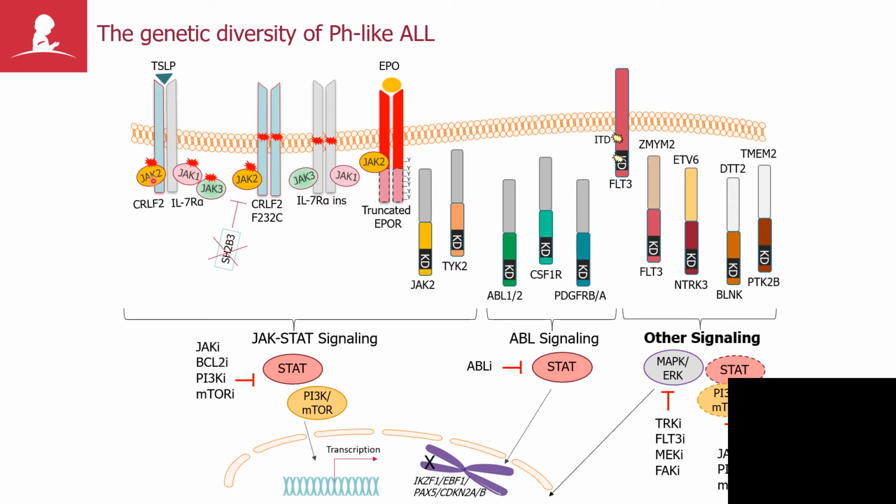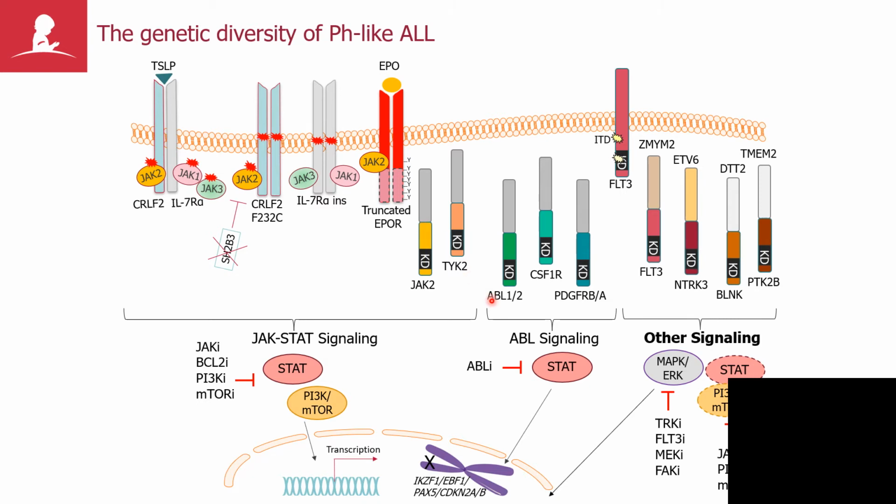However, there are additional alterations that drive JAK-STAT signaling. There are mutations of the IL-7 receptor itself. There are very distinctive and interesting truncating rearrangements of the erythropoietin receptor that deregulate its expression and result in constitutive activation and loss of receptor downregulation because of the truncation, as well as some other lesions, for example, conventional chimeric fusions involving the Janus kinase family.